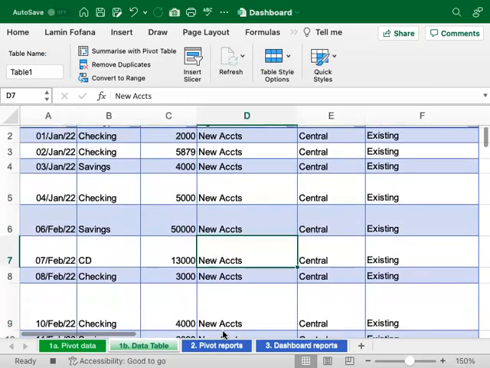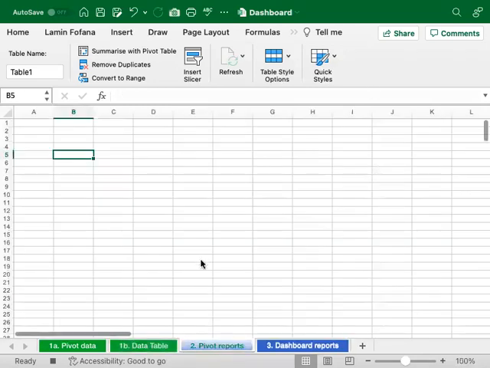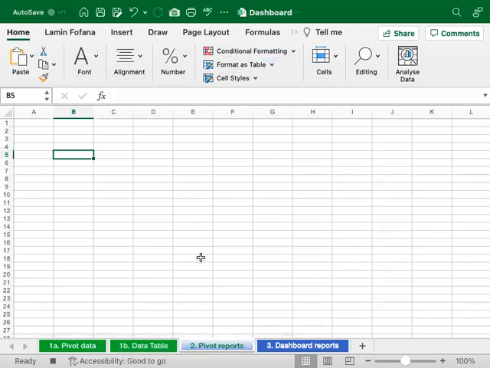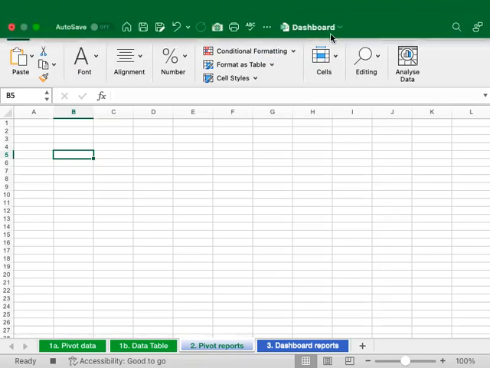Good. So now let's start with our pivots. Let's start with our pivots. So let's go back to our sheet 2, which says pivot reports. Okay, are we all there? Okay, so we're going to generate our first pivot report. I don't want the videos to be too long, so I can just